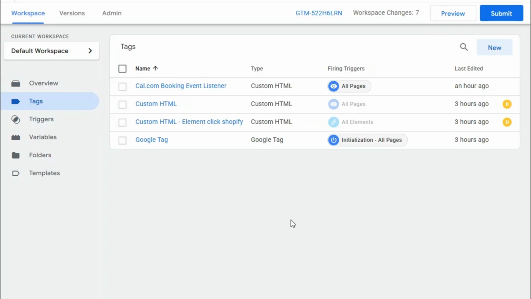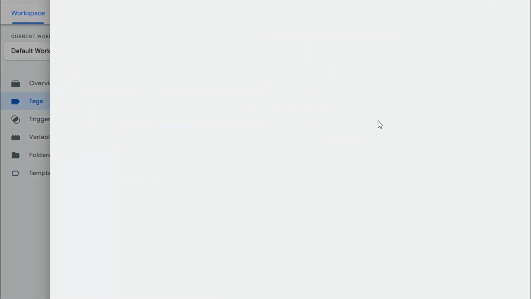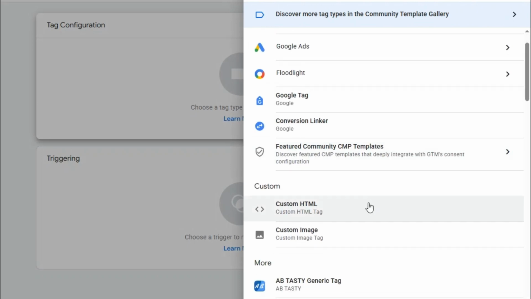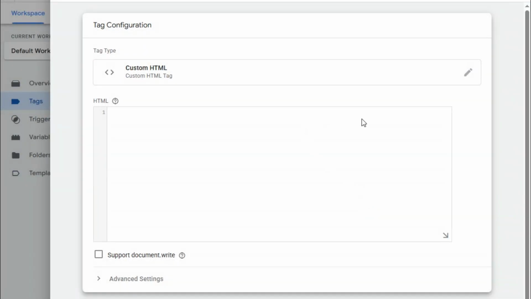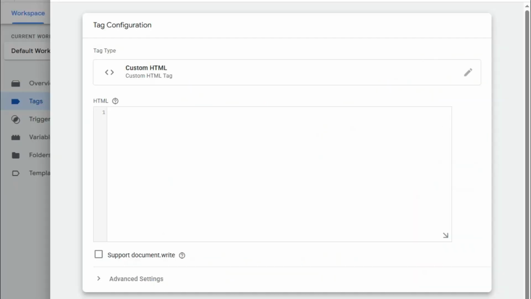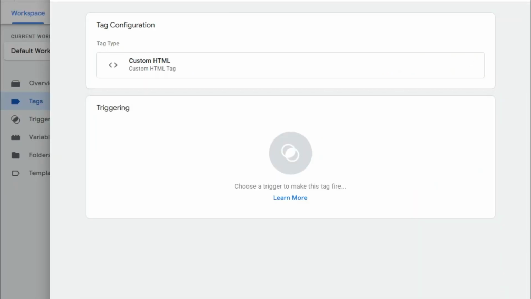So next we need to create a tag. Let's hit new, tag configuration, then select custom HTML. Since Cal.com is an iframe, we need to use a listener code to track this form. So in this case, let's first choose a name. I will name it Cal.com booking event listener,